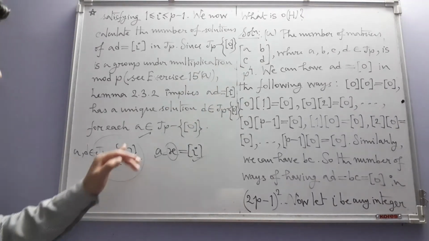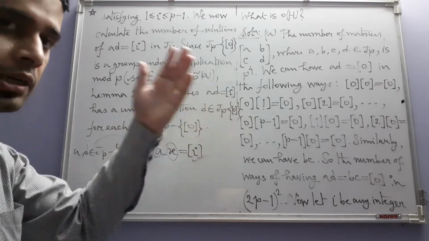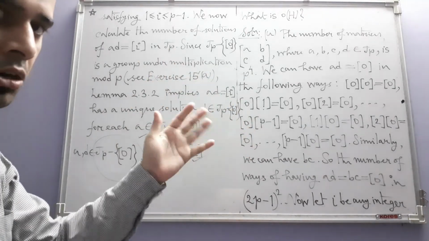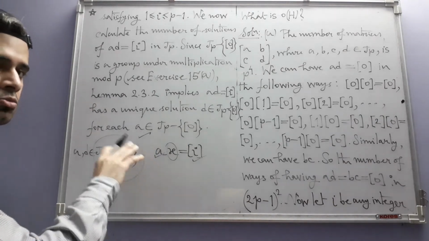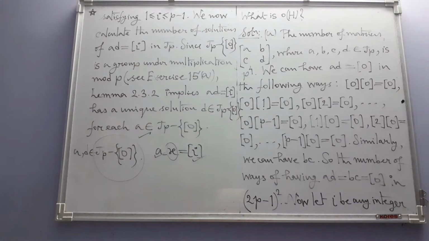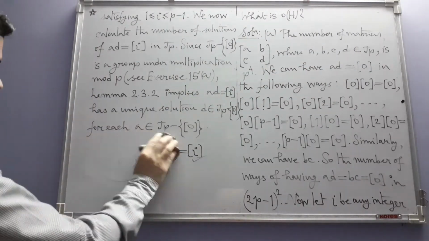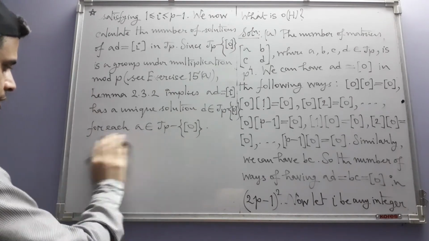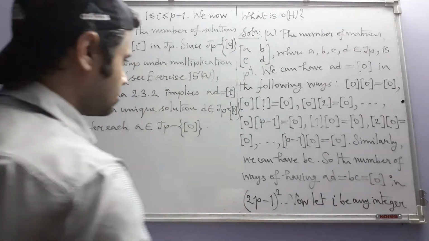That means once you choose A from here, D is already determined, D is fixed, you cannot change D. And there is only one D, one and only one D for each A. That is the important thing we have to notice here. Having noticed that, we are now ready to